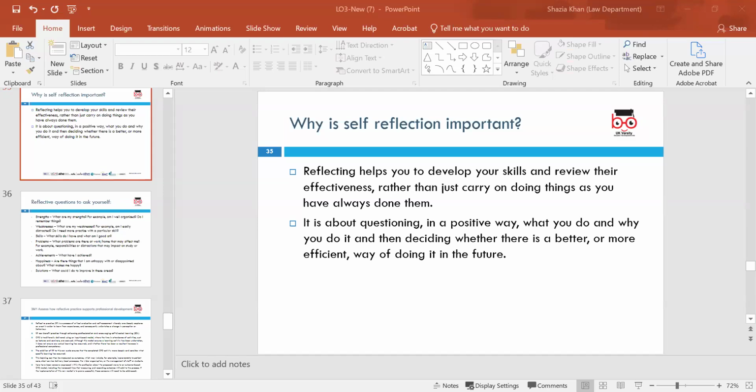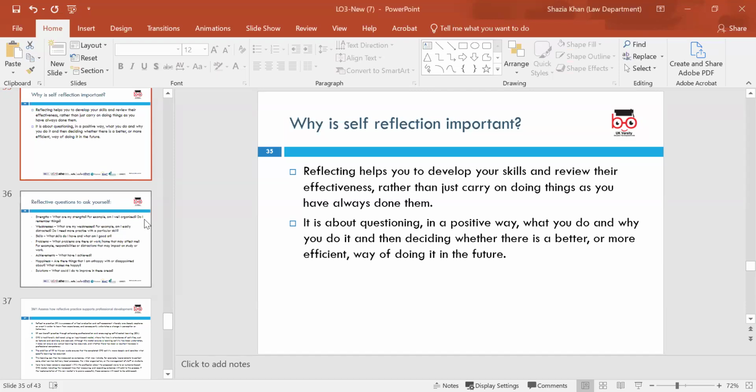But self-reflection is also important because it builds your self-confidence. It makes you enhance your personal growth. It makes you get more training in certain areas. It enhances your learning, makes you a better person, and improves your relationships. Especially if you're going for another job, it's really good to improve your training and everything. Exactly.